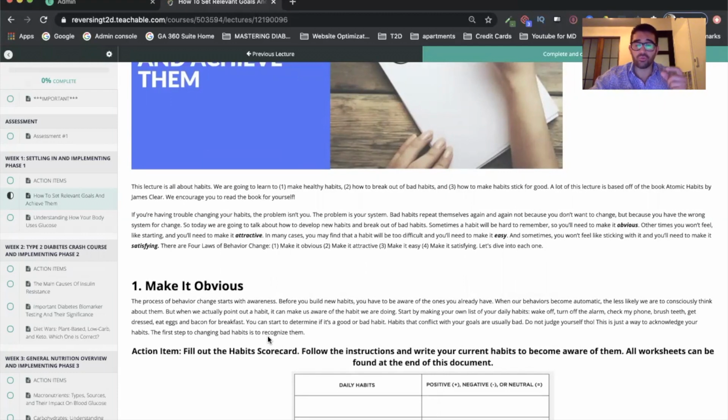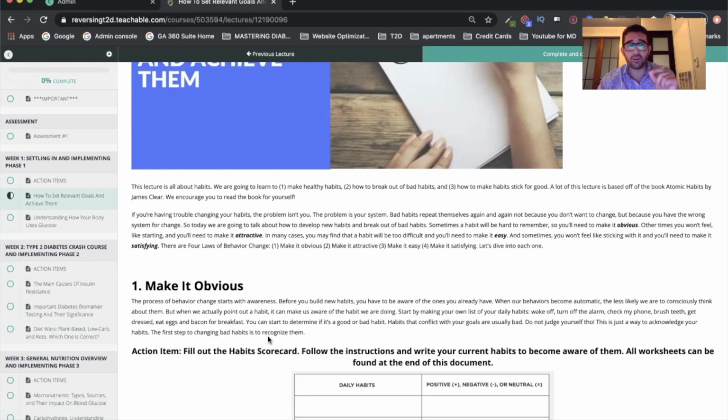And what you need to do is just write a small paragraph on a piece of paper that says, I want to reverse type 2 diabetes, I want to reverse insulin resistance, or I want to bring my blood glucose down because I want to grow older with my family, I want to enjoy a long, healthy life for the next 40 years of my life. Or it can be, I'm tired of medication, and the reason why I'm doing this is so I can stop taking these medications that are giving me side effects, and I'm just tired of popping pills every single day. And that is the main reason why you are adopting this lifestyle.